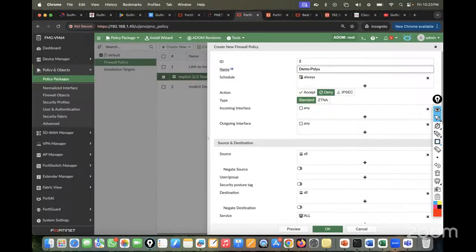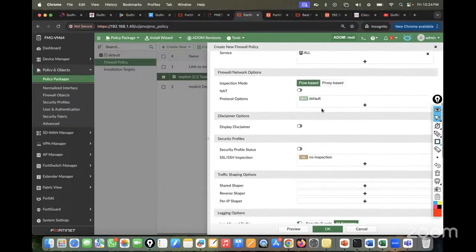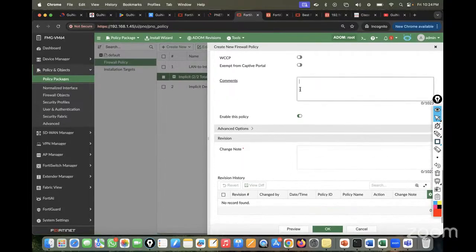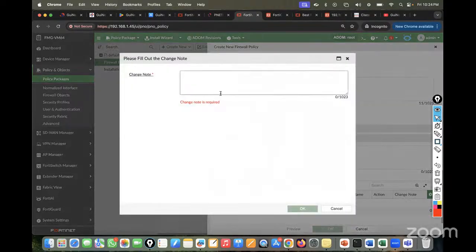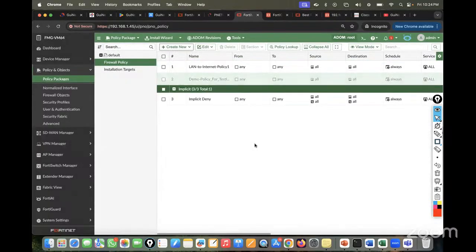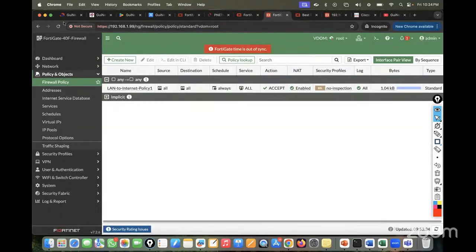policy for testing, and I can just accept any. I want to enable NAT, and I can put here test policy, and then I click OK. I can put test policy again for the changed name. See, the policy has been created here, but if I want to see whether the policy is received or not,